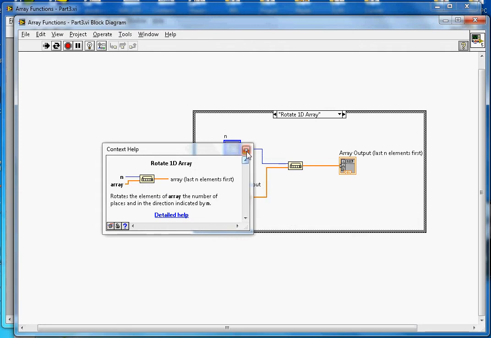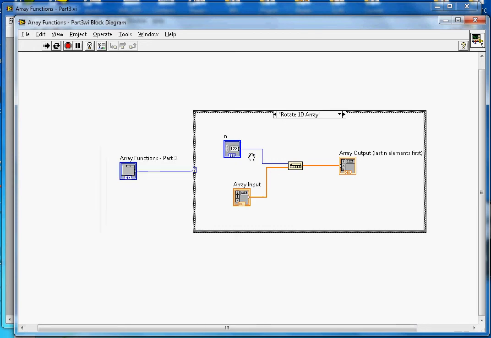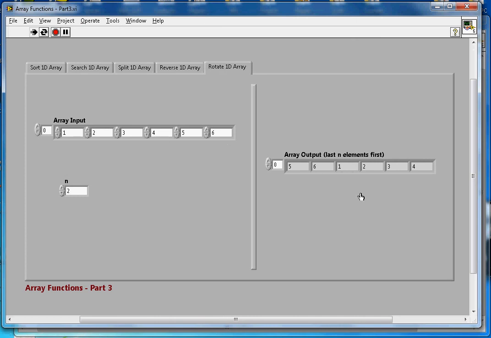That's regarding rotate 1D array. The function takes two inputs. One is the array input and the other is the number n, that many elements you want to rotate. And there is only one output, the array output. So that's pretty much about these functions.